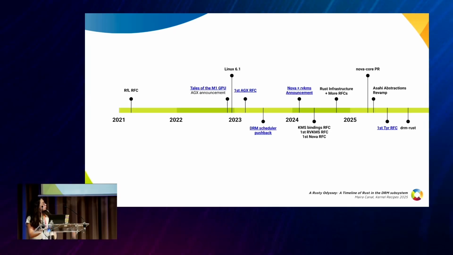To jump into some points in this timeline, I divided it into a couple of sections. I'm going to start with what I called the Asahi era. From what I could recall, and I also ended up doing a review of blog posts and the mailing list, at the end of this presentation there is an appendix with all the references from what I collected during this research. And I think it was an era really characterized by some enthusiasm and some uncertainty, from my perspective.